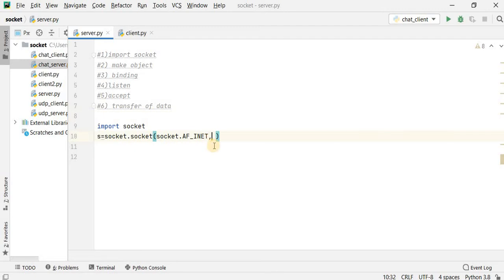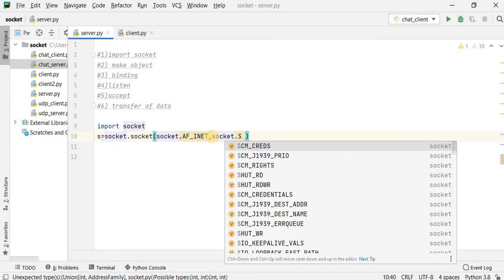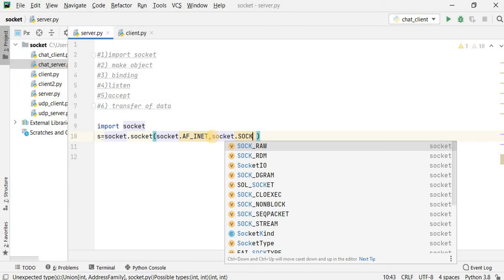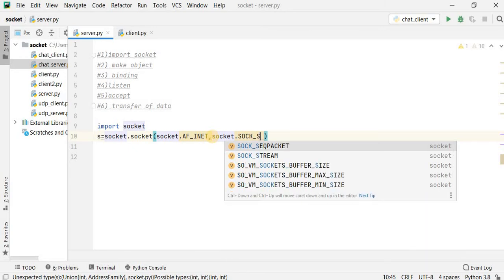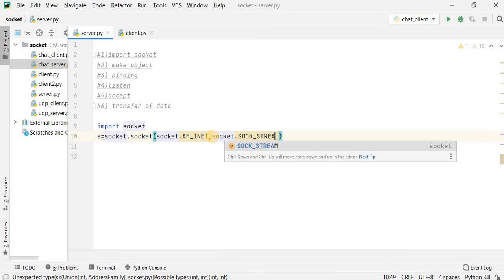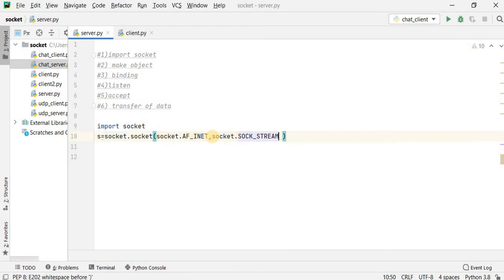And the second one should be socket.SOCK_STREAM.